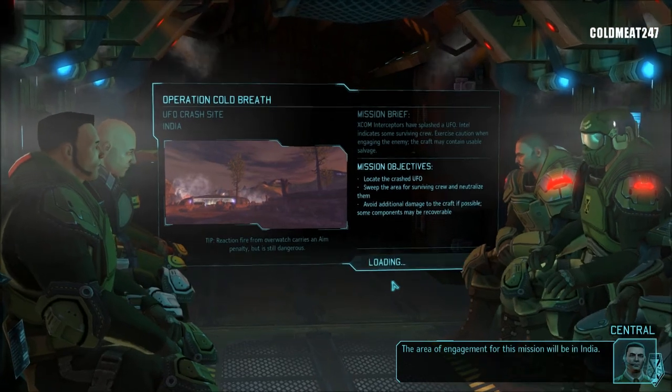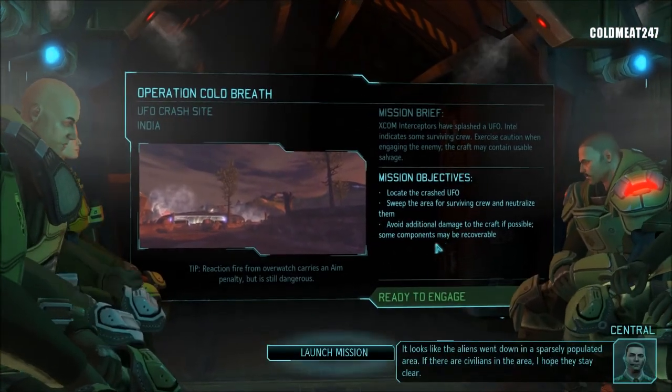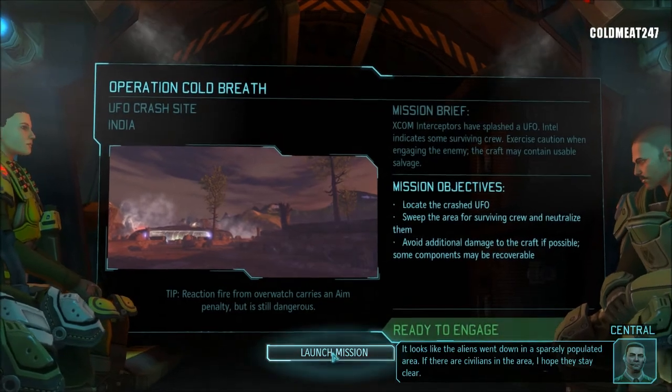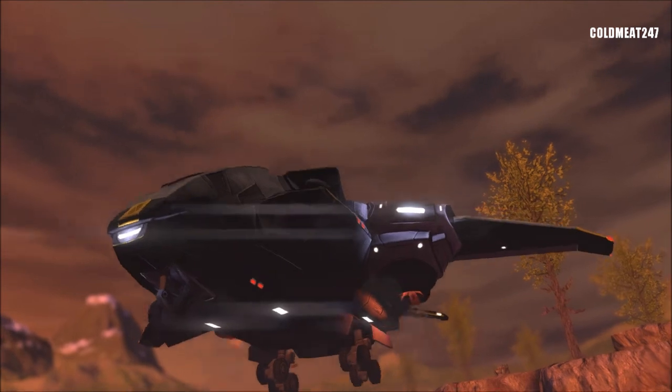The area of engagement for this mission will be in India. Alright, avoid damage. Looks like the craft and aliens went down in a sparsely populated area. If there are civilians in the area, I hope they stay clear. Alright, let's launch the mission. Yeah, I hope they stay clear. I hope for them. Because to be honest...